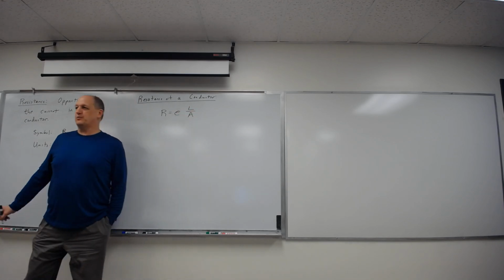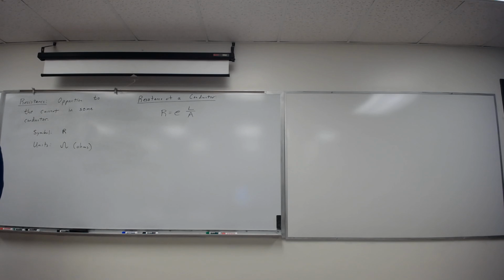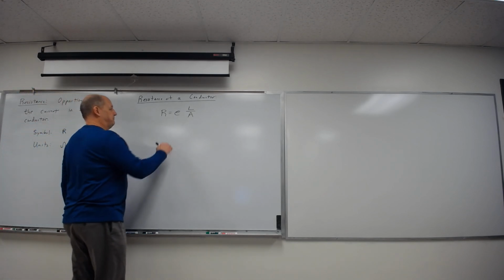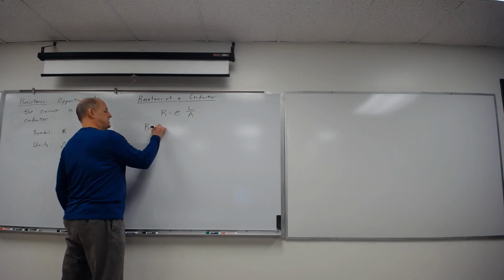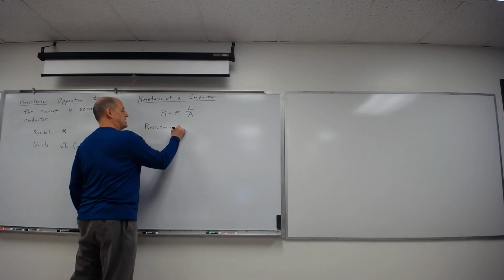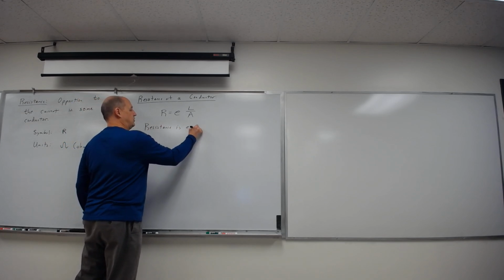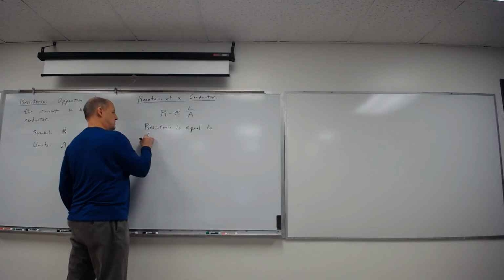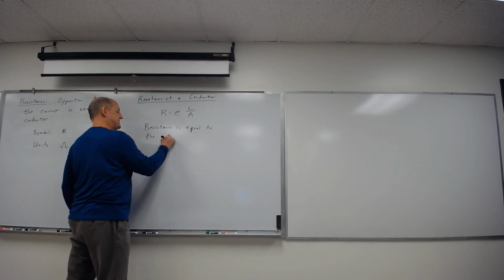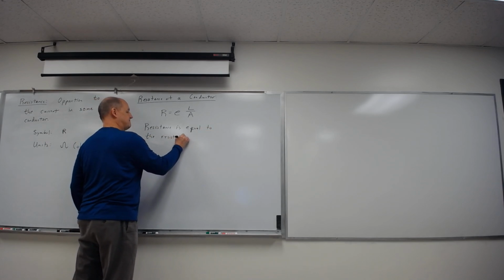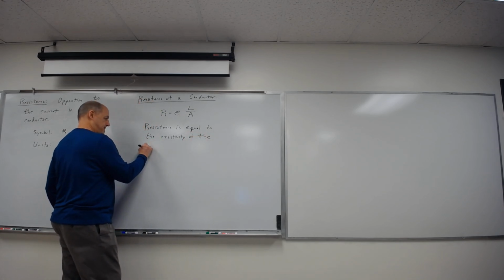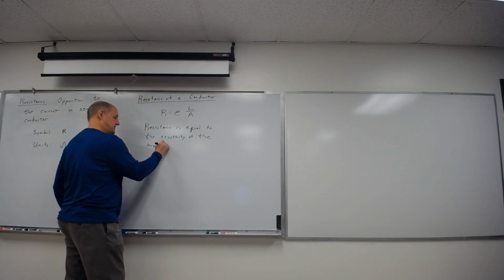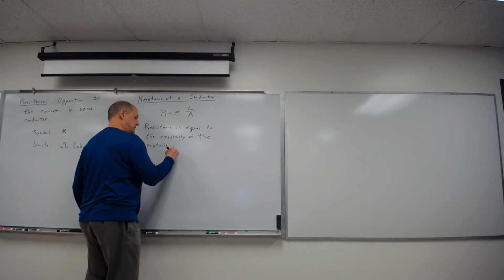An equation is just a really short, easy way to write something so you don't have to write paragraphs describing it. So in English, the resistance is equal to the resistivity of the material, which is based on what it's made out of,